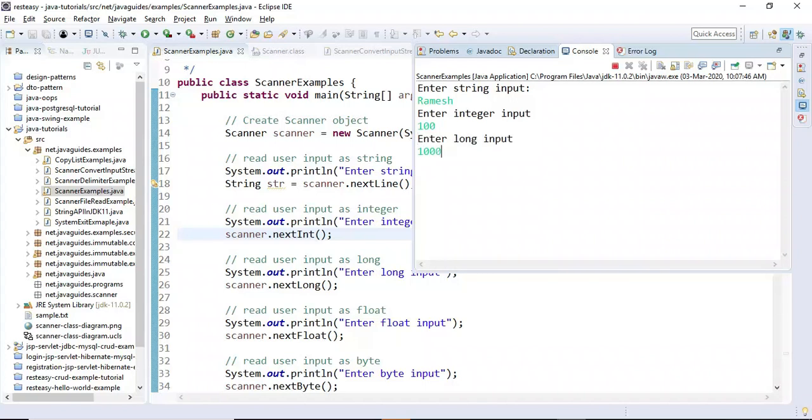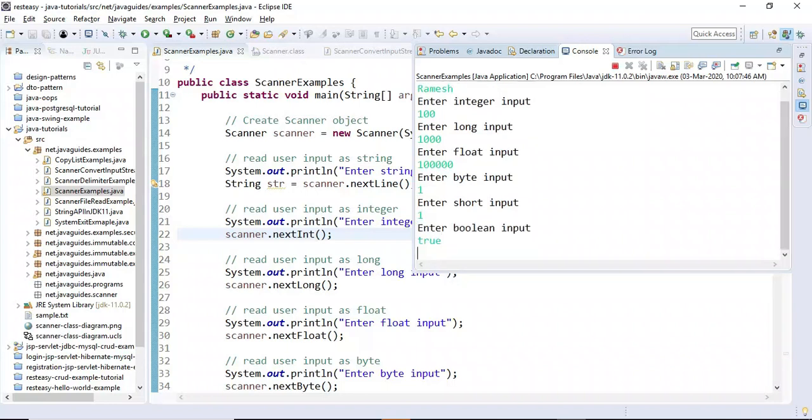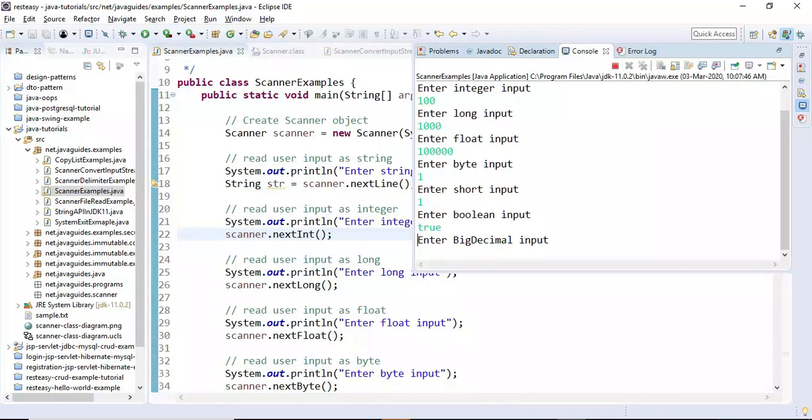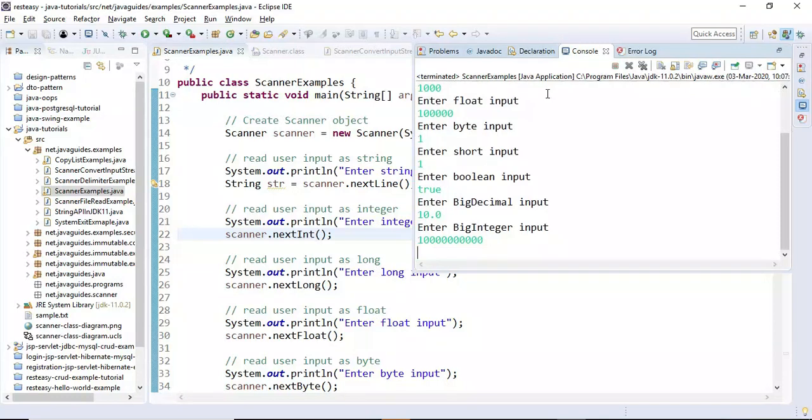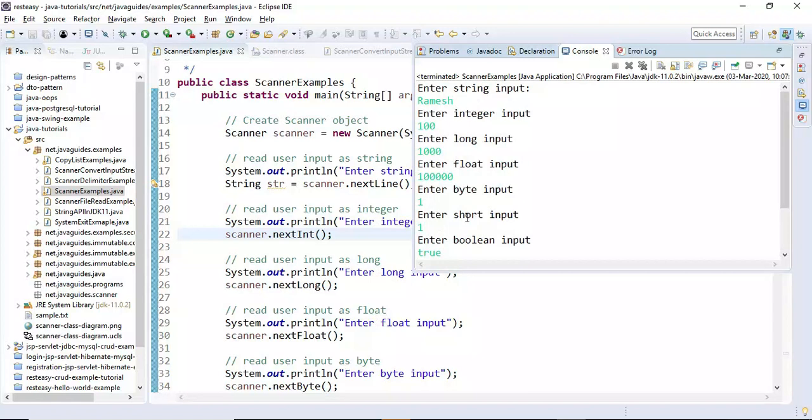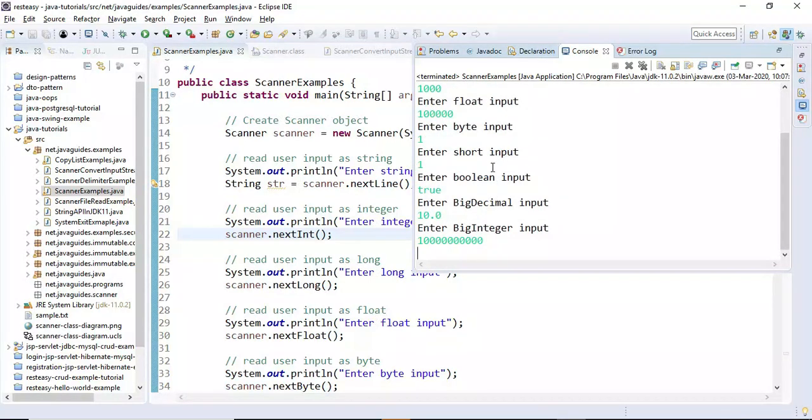And let's give a float, you can give any float, and here I will give 1 as a byte, short, and for boolean I will give true, and I will give a big decimal as 10.0, and for big integer I will use some big number here. Alright, so this is how we basically read data from the console or user input, and we can also